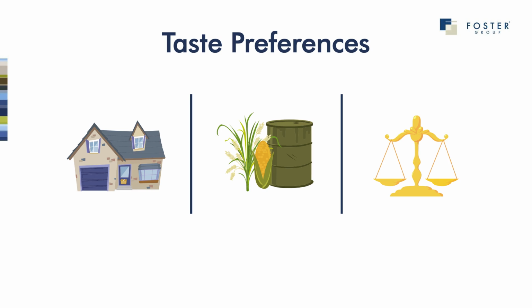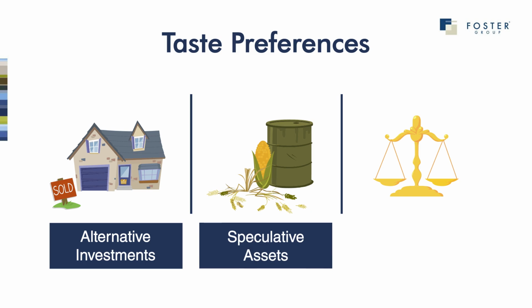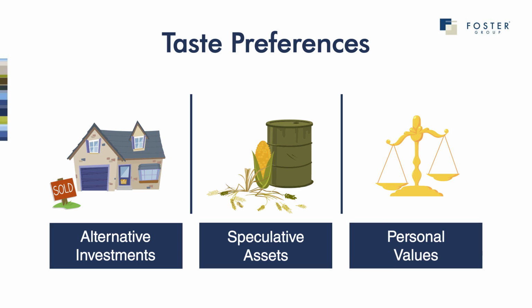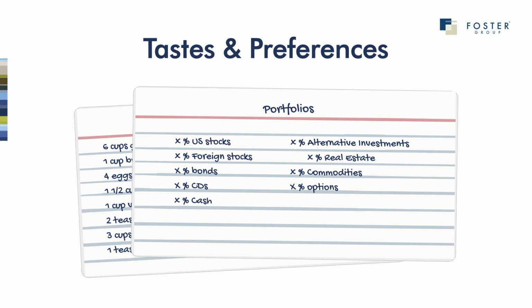As an investor, you may also choose to include asset classes like real estate or alternative investments in your portfolio recipe. You may choose to exclude certain elements that you don't like. Perhaps you prefer not to invest in more speculative assets like options or commodity futures. You may have an aversion to certain companies or industries for personal, values-based reasons. You can have a very successful portfolio without these being part of your overall asset allocation recipe. As previously mentioned, I greatly prefer my carrot cake without nuts.